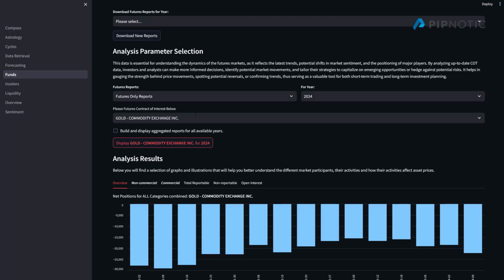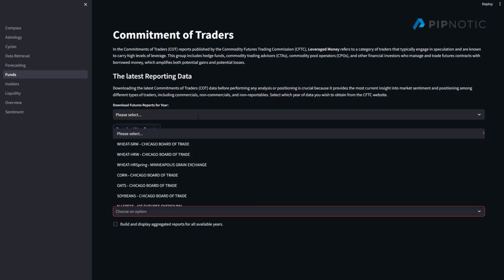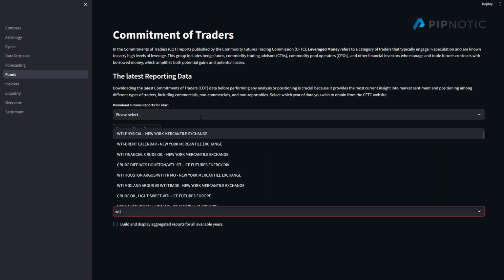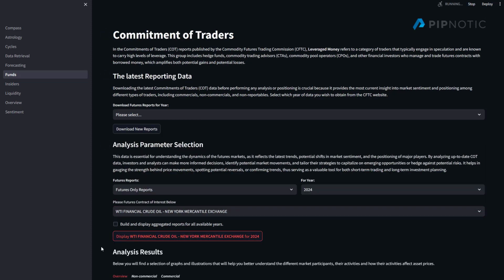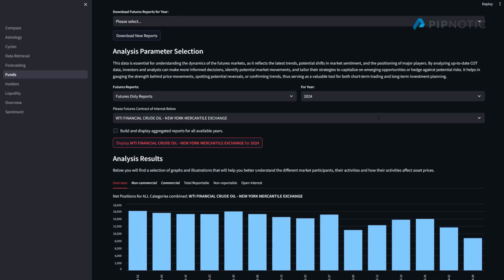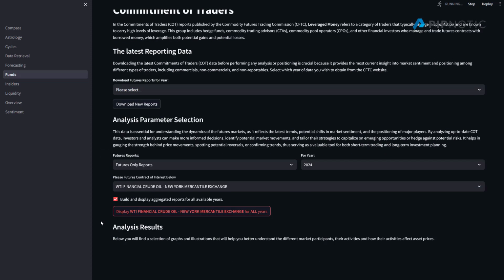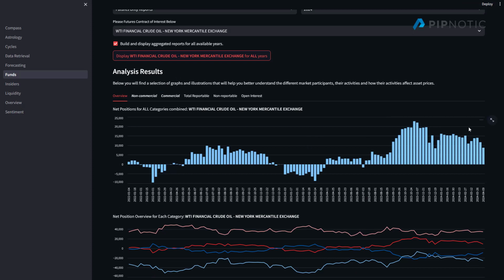Let's have a look at oil. Oil, West Texas. Okay, let's have a look. Yeah, so we're net long, but we're seeing a decrease in the accumulation of long positions. So we can expect prices to move lower, shorter term. If we go back and have a look at more data, you can see that, gosh, we're super high. We were at net 23,000 contracts, and now we're starting to contract and move lower.